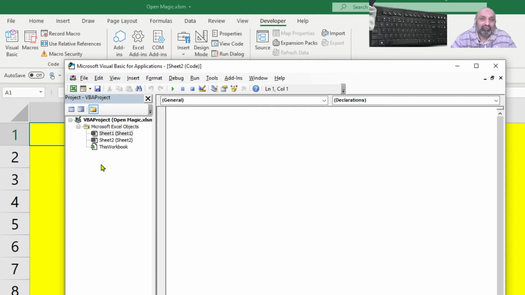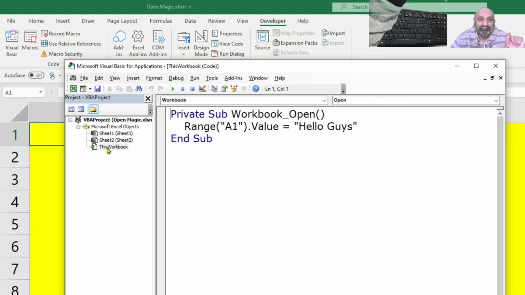What we do to open a module, we double click it, right? Remember I talked about pockets. When we double click, we open the pocket and see what's inside it. So this workbook is another pocket. If we double click, we can see what there is in this workbook, and there is Private Sub Workbook_Open